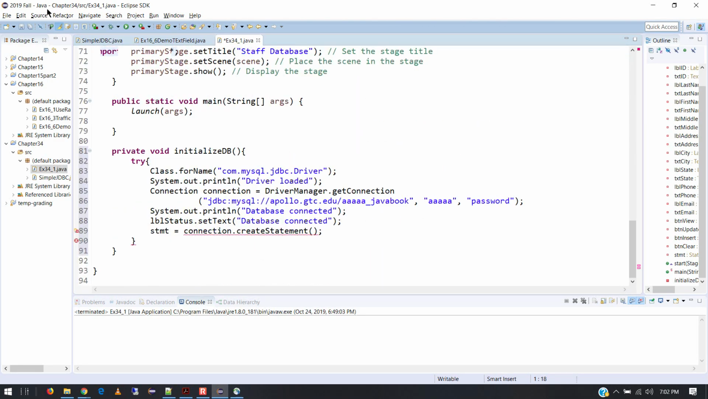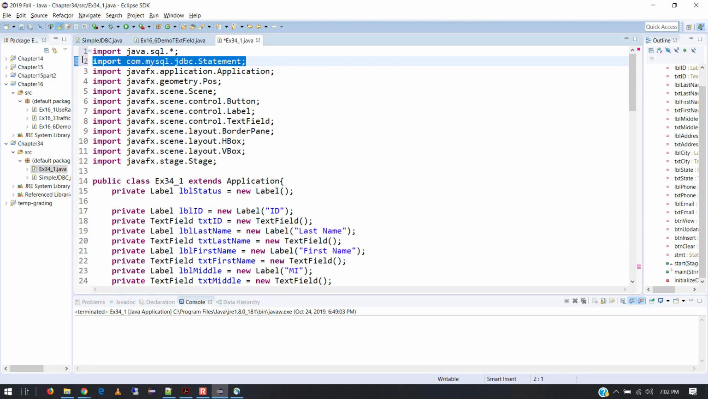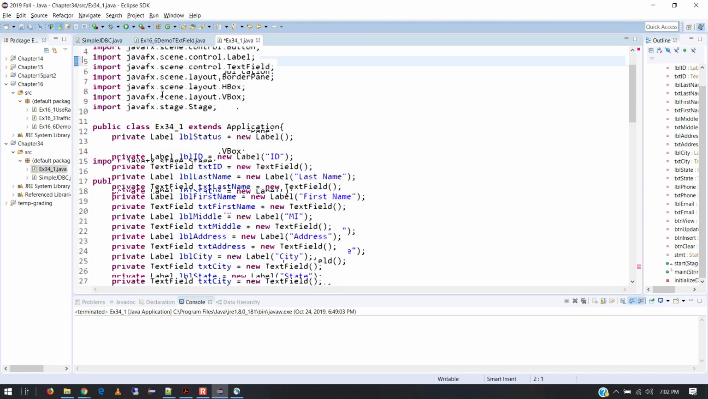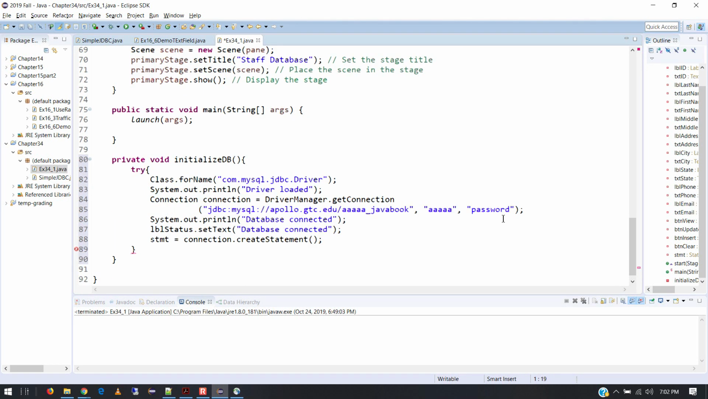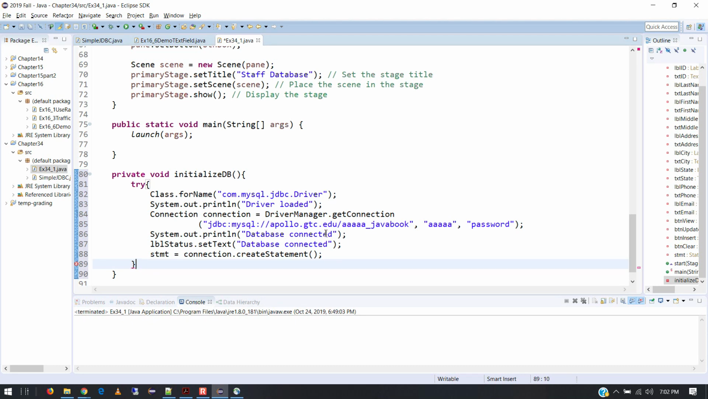Next thing that I want to do is throw in a catch for this, just in case this doesn't work, right? Let's throw in a catch, and the type of exception is going to be a SQL exception, and I'm just going to call it X for exception. Get our curly brackets in there. Now, if it fails, if it does not connect,